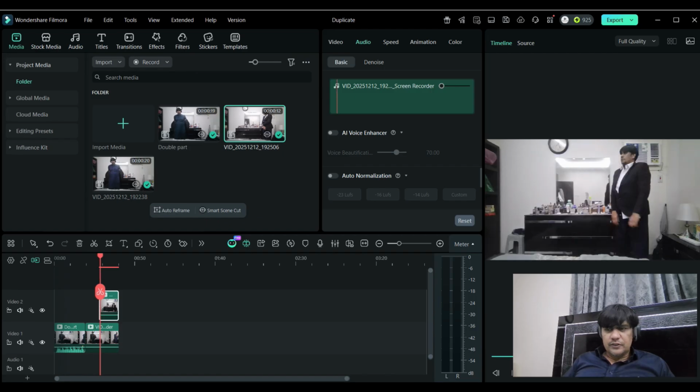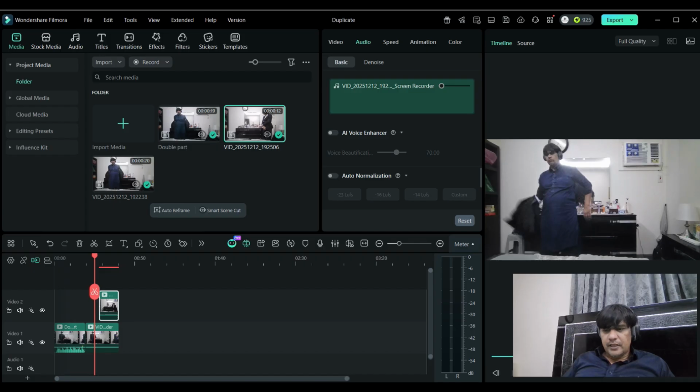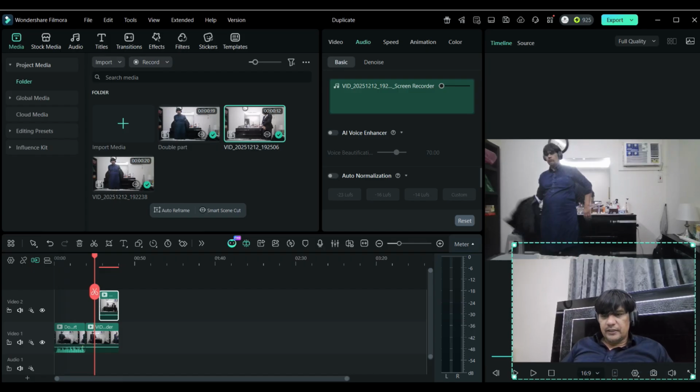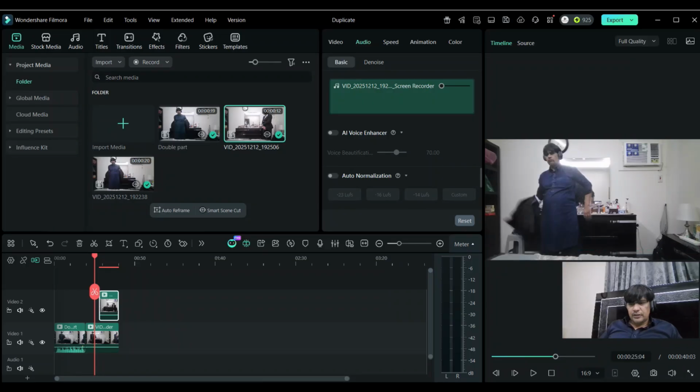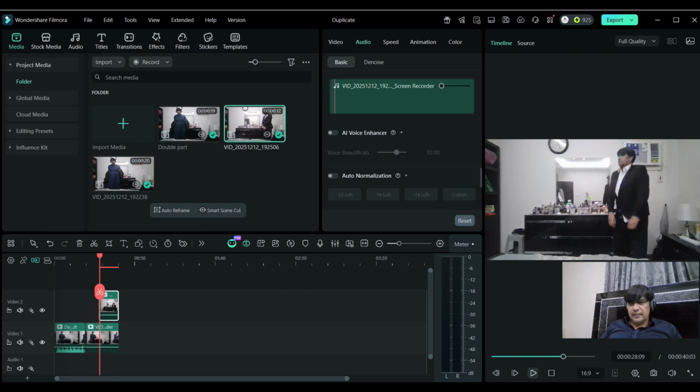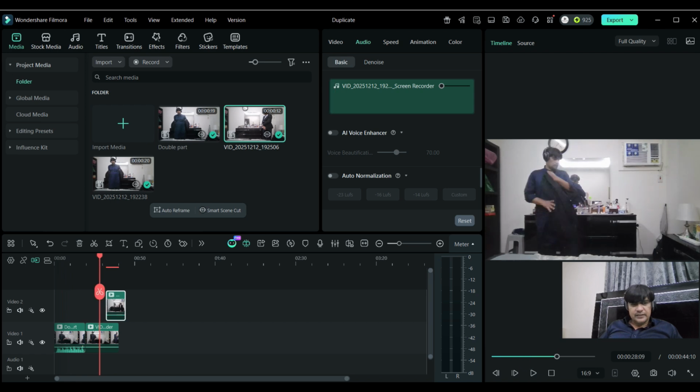Suppose now here I open the cloth, yani my coat, and I am throwing my cloth here. I will make this a little bit more.